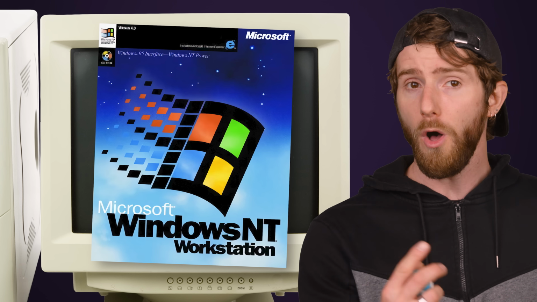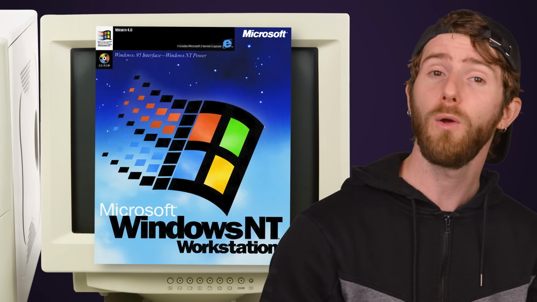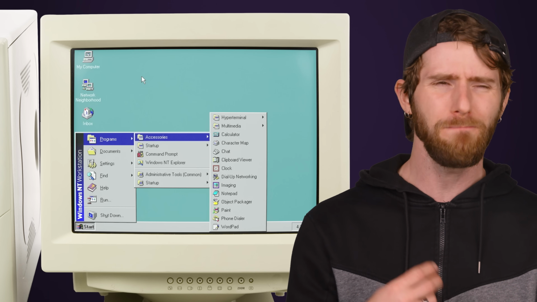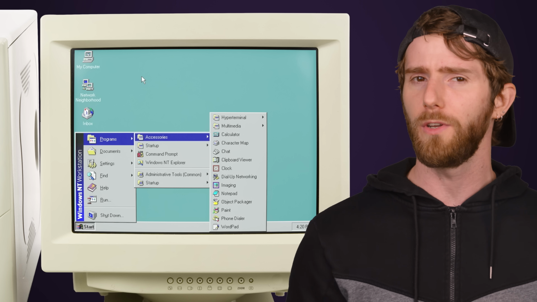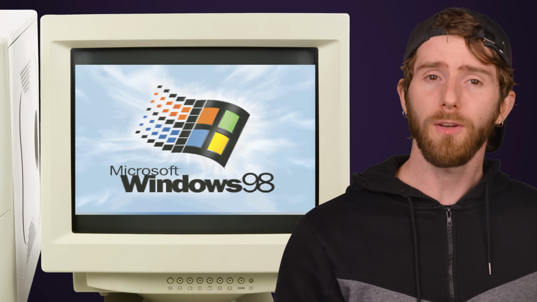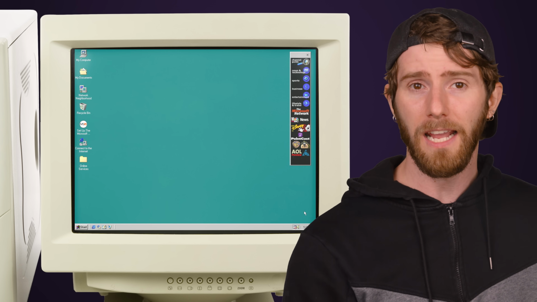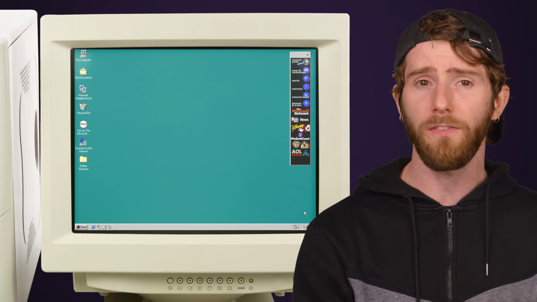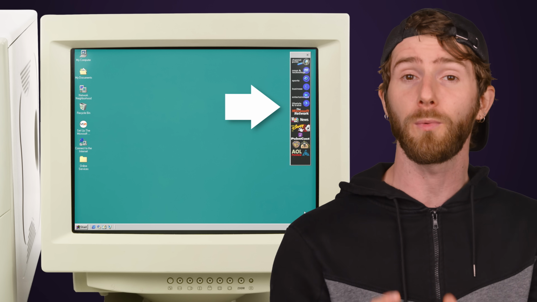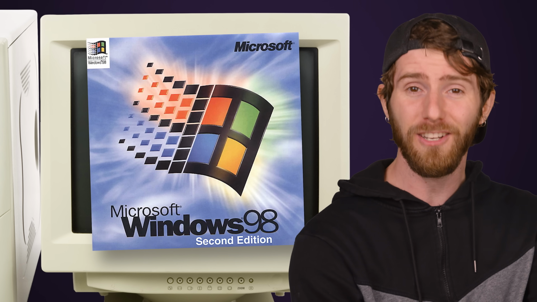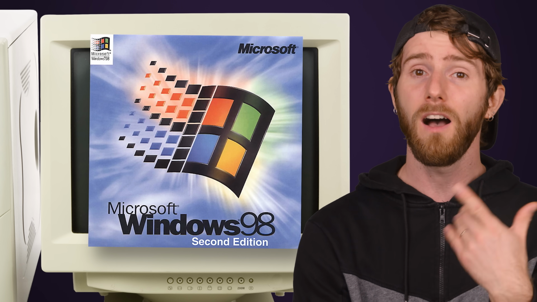The NT series also got an update in 1996 with Windows NT 4.0 using basically the same GUI as Windows 95. Windows 98, appropriately released in 1998, was a souped-up version of Windows 95 that was supposed to integrate better with the internet. But infamously, 98 was quite buggy. In fact, the bugs were so prevalent that it prompted Microsoft to release Windows 98 Second Edition in 1999, alongside